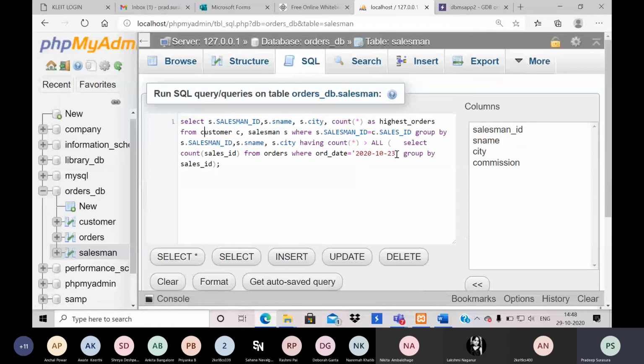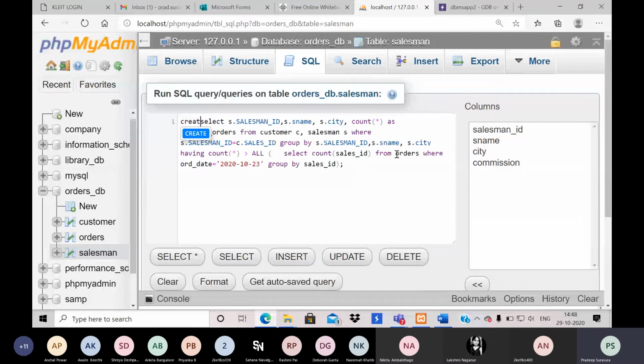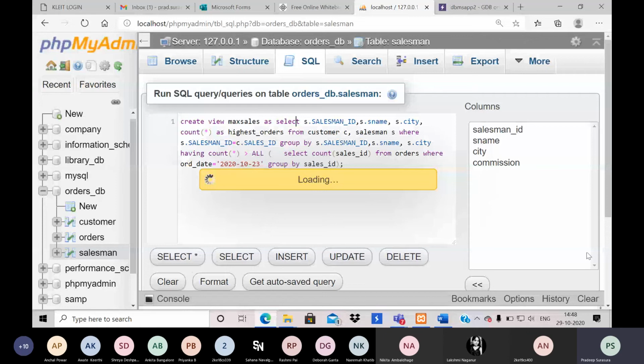Say create view, view name, let me give it as max sales, as, and if I type this whole query and say go, I will just get view created.